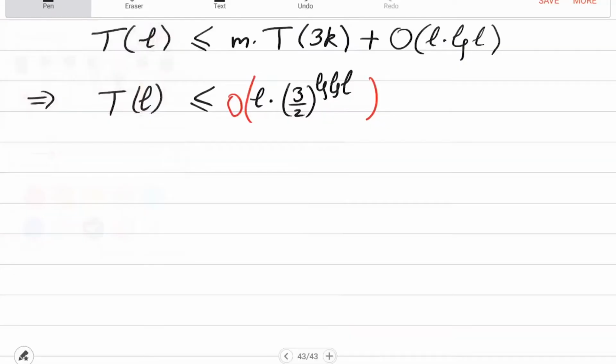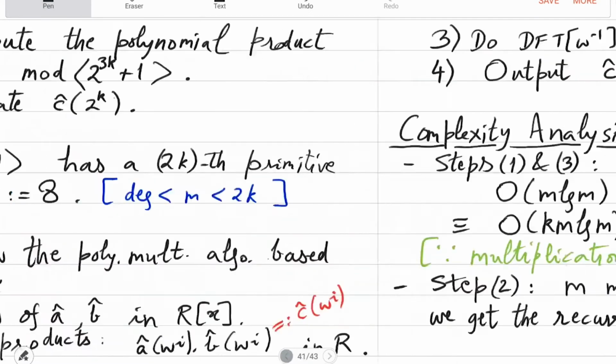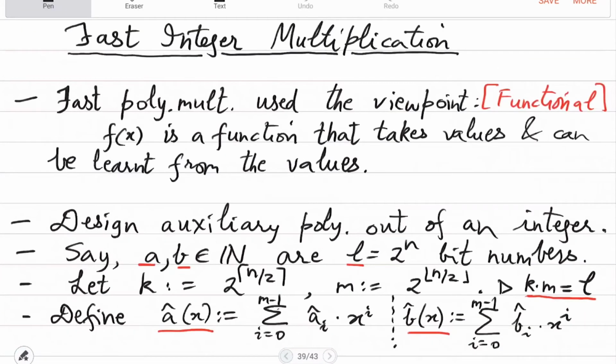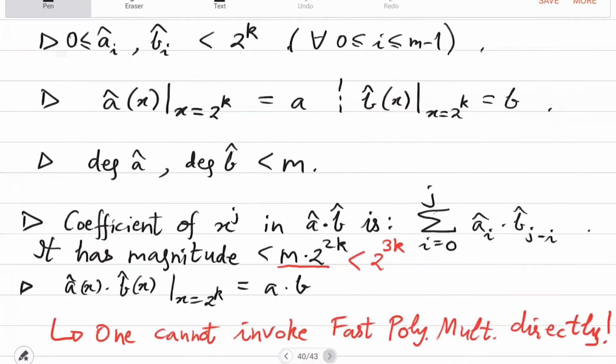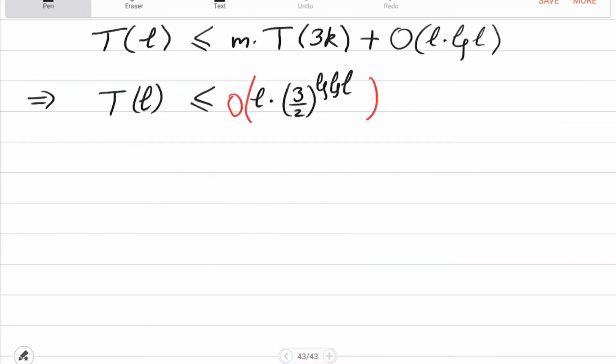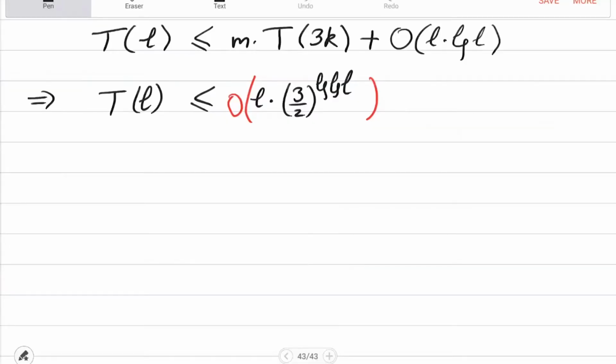That I think is clear. And this will give you how much? Okay, let me see. I think there was some intricacy in the definition of Km. Now, if n is even, then K and M both are square root L. So that's actually correct. Anyways, it's easy to see that L times 3 raised to log log L will satisfy the recurrence. But even 3 by 2 works. And this will then give you L times log L to some constant. So the factor is log L raised to a constant. The constant is just this